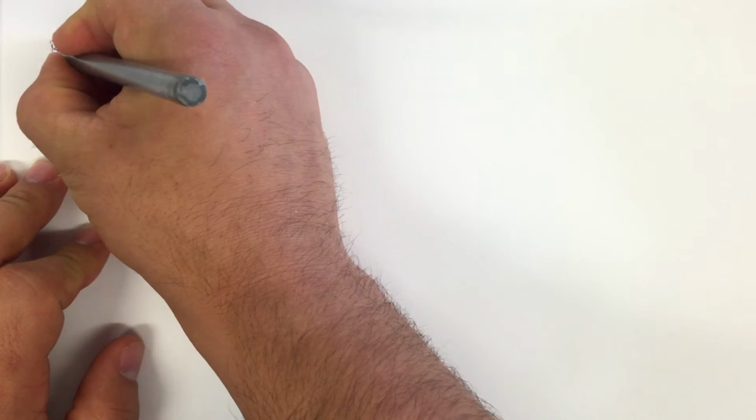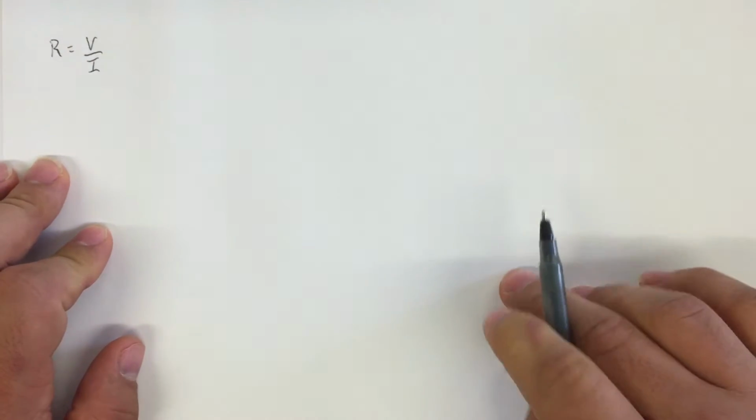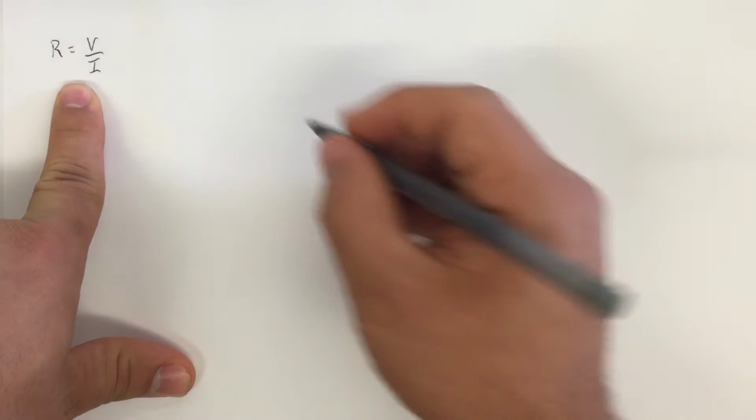Okay, this video is on the equations in P6. Now there aren't that many equations in P6, but there are a couple that you have to remember that you're not given. So starting with remembering that in P4 we did that resistance is voltage divided by current. That equation could be used sort of at any point,